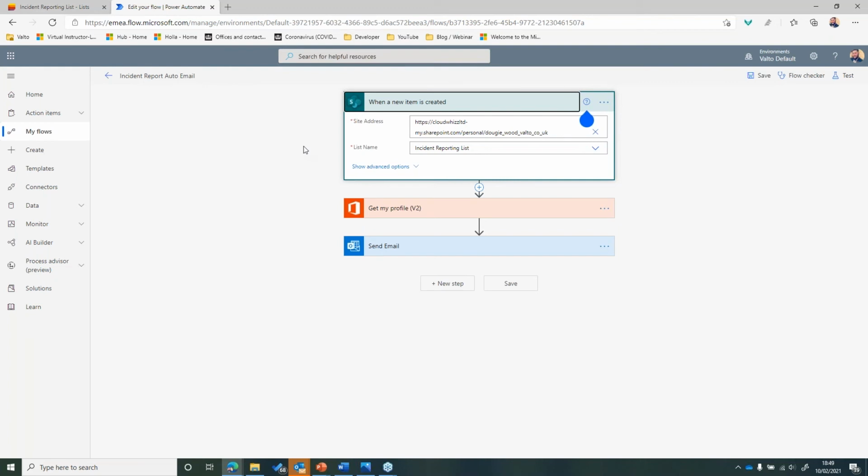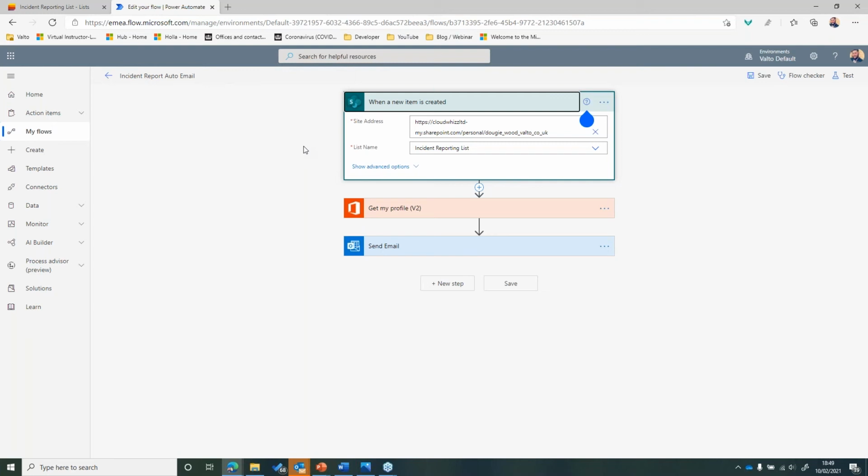That could be when you receive an email. That could be on a scheduler, so you could say actually run it every hour or every 10 minutes or something like that. It could even be based on third-party systems. So it might be, for example, in Salesforce, whenever a new account is added, you want to automatically trigger